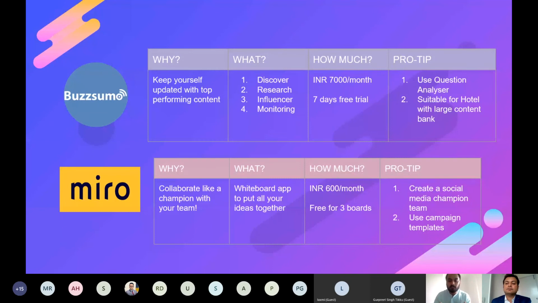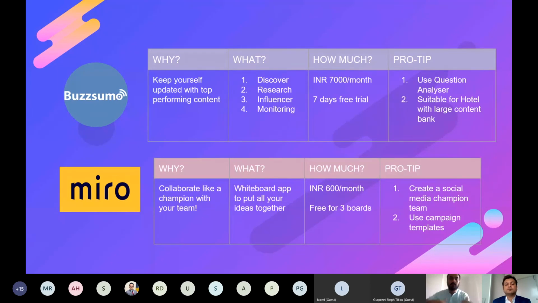So we used to create groups inside the hotel, and at that time we created them on WhatsApp. We had someone from housekeeping, someone from F&B, someone from the front office, then obviously the marketing team. And we used to use this app to generate a lot of content coming from in-house and put it together. And the agency used to shortlist what content should go up and what should not.